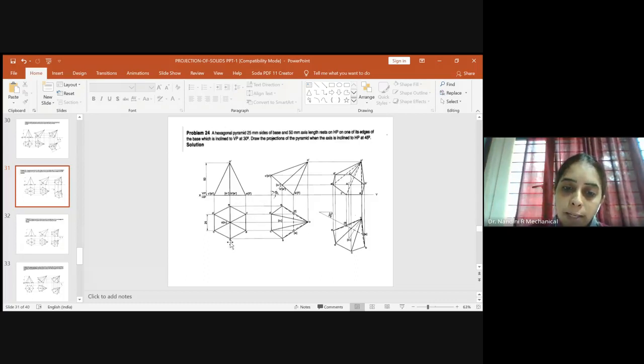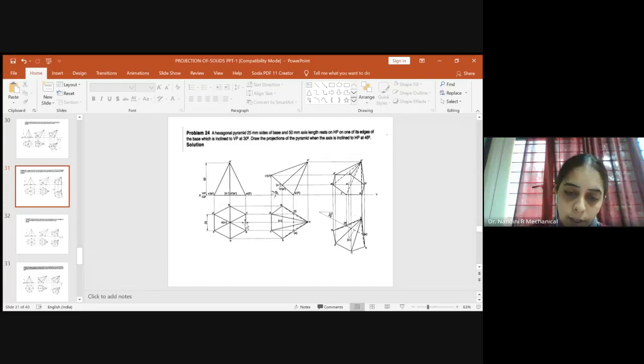After you get these two corners, again keep the protractor here and take 120 degrees this side. Again, this interior angle should be 120 degrees. After taking 120 degrees, you will take 25 mm using the compass and cut an arc. 25 mm from here, cut an arc. So you got all the corners. Please join it. And always this will be visible. This is the true shape of the top view.